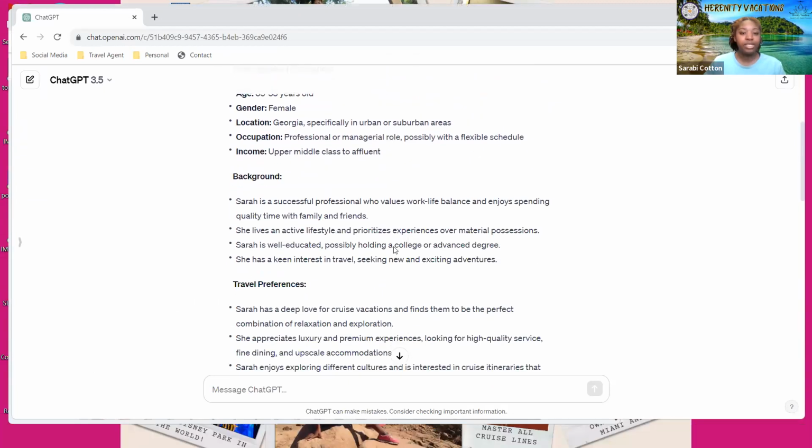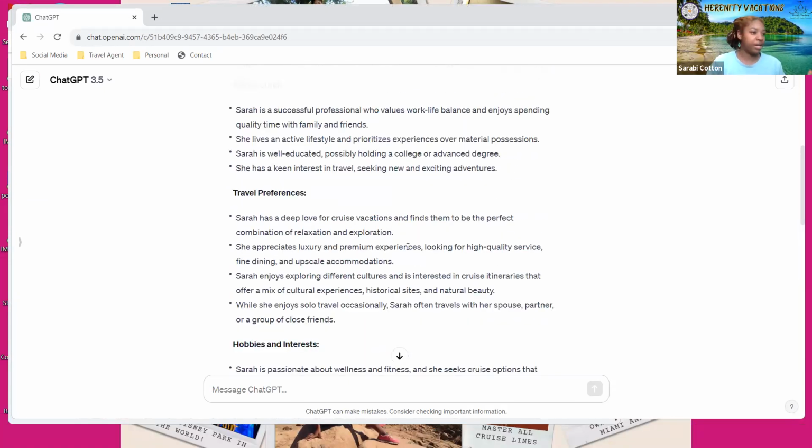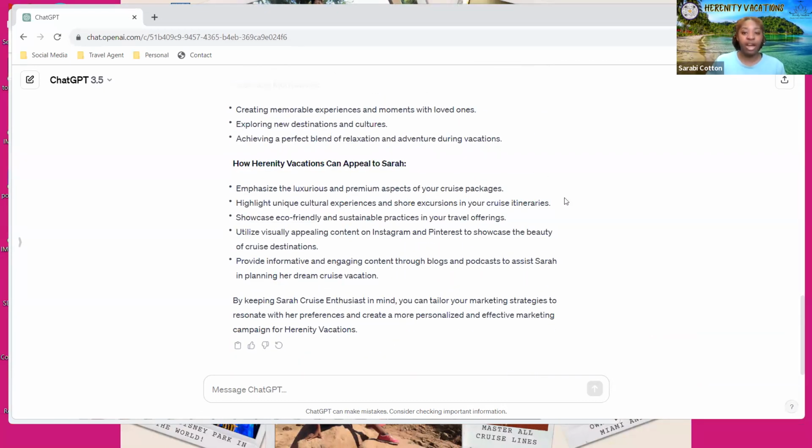ChatGPT. Okay. So I have my prompt here. All right. Let me pull up my other. I have my customer avatar. Now I want to market to this customer avatar. Okay. So you want to make sure you're putting verbiage in there and descriptions in there that's going to apply to them. So let me pull up my cheat sheet really quickly. Because again, I have one for my real people, but I'll do it for this one as well. So keeping in mind my customer avatar, okay, prompt 1,